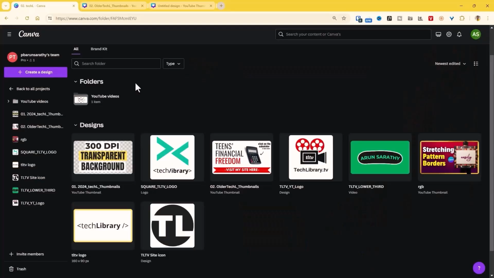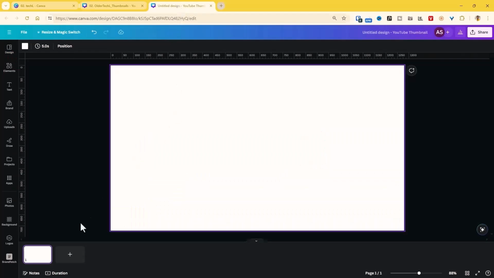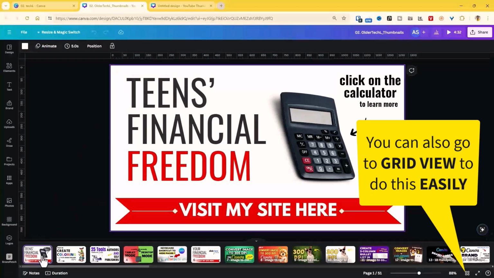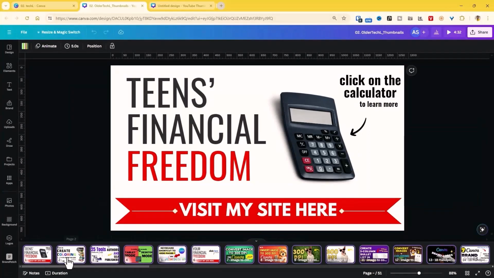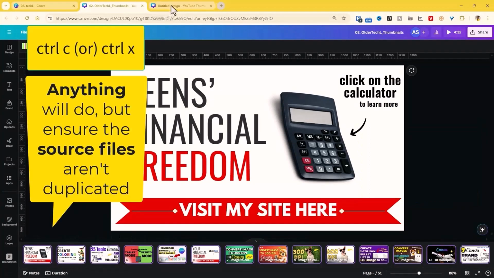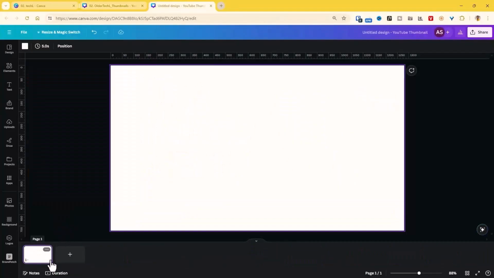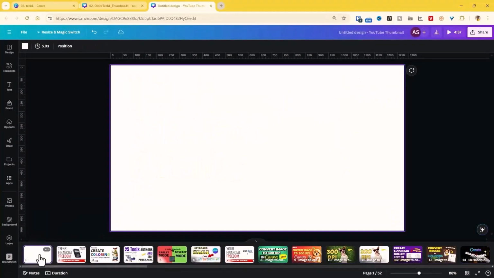Next, I had used Canva in relation to YouTube often, and I created thumbnails left, right, and center in different folders and design threads. So I had them all scattered everywhere. After creating the folder structures today, I created a new empty design page and started going to my individual designs. Hit Ctrl A to select the pages and cut them using Ctrl X, and then pasted them back into the new page that I created earlier. Once done, I deleted this new page.